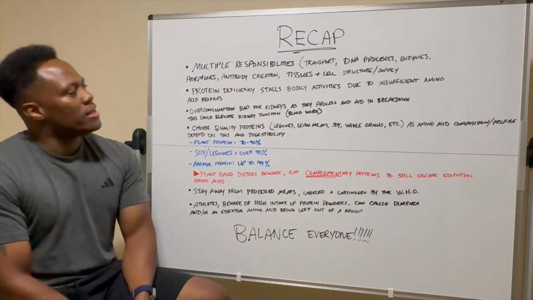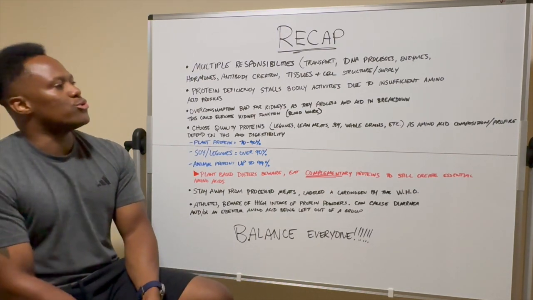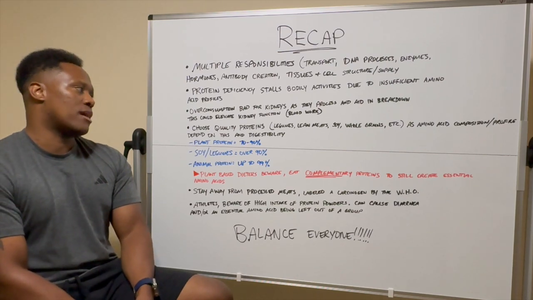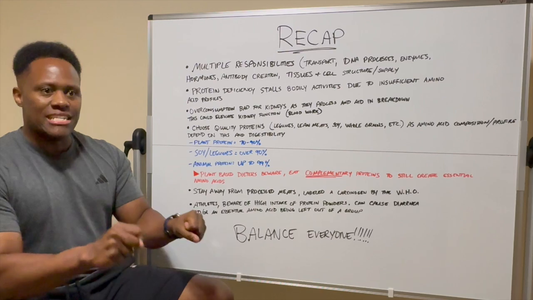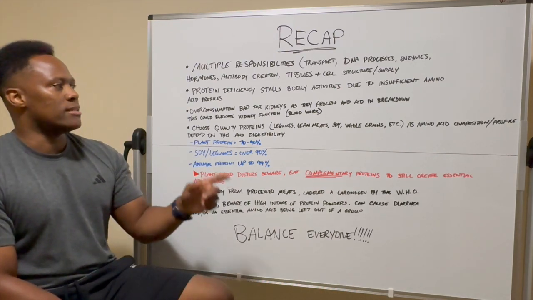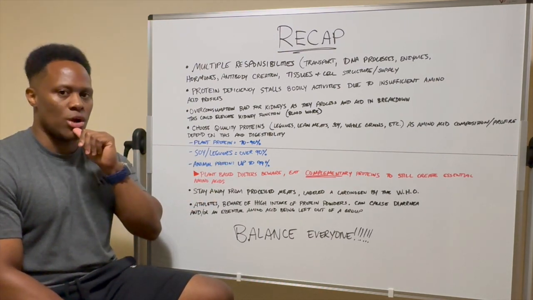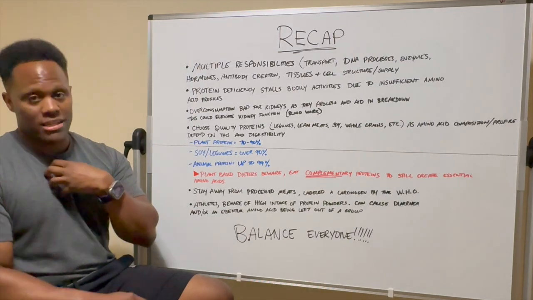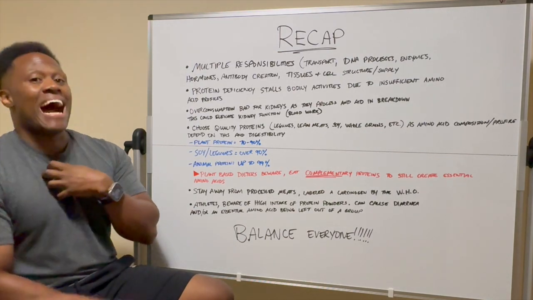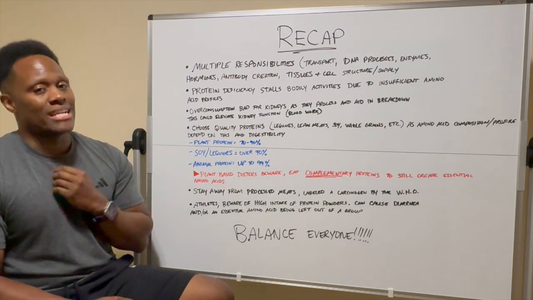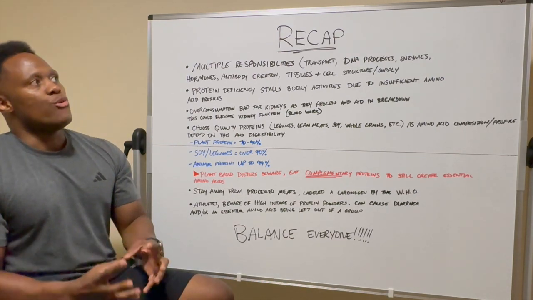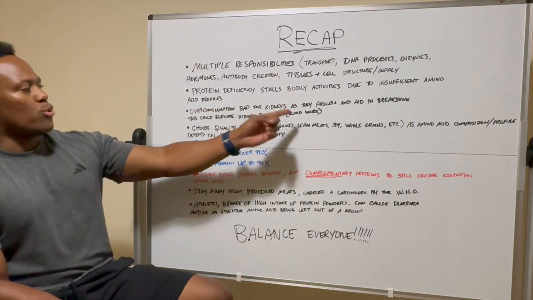Protein deficiency will stall bodily activity due to insufficient amino acid profiles. Of course, we went over that in the underconsumption section. It needs the right profile. Like I said, for the 11 non-essential amino acids, your body can make those by itself. It doesn't need help. It's the essential amino acids where you have to make sure you're eating the right type of food, getting food from the right sources. And of course, we went over this one.